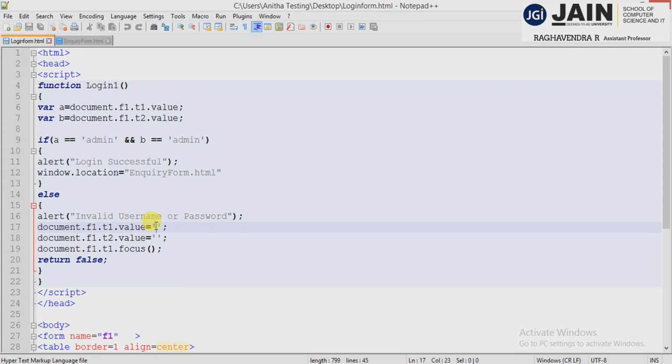That is, here I am not using any text, simply using the double quotes. So whenever you use the double quotes, immediately whatever the value is entered by the user will get cleared. So the first field, the name field, you clear, as well as the password also you clear. Then document.f1.t1.focus, means immediately